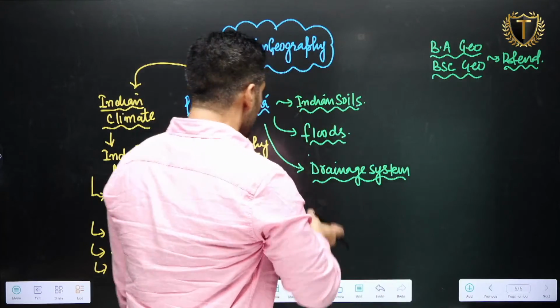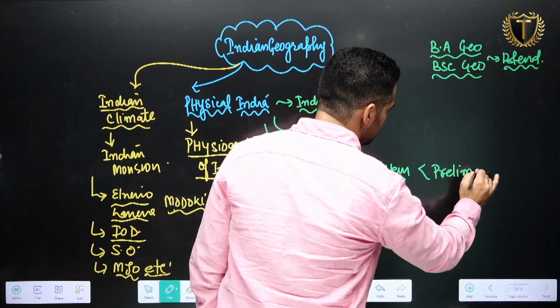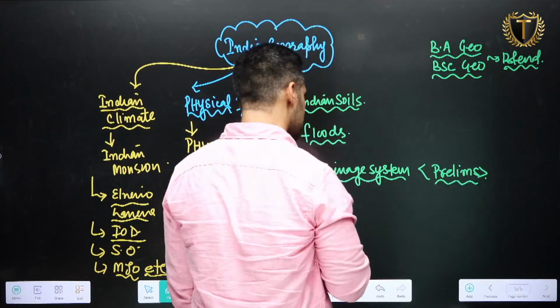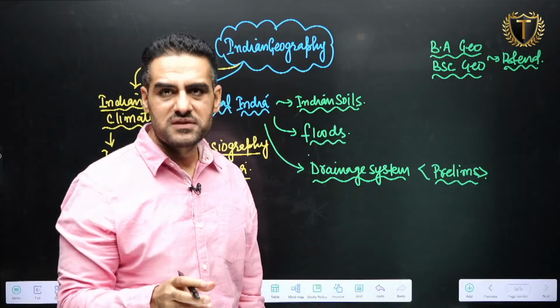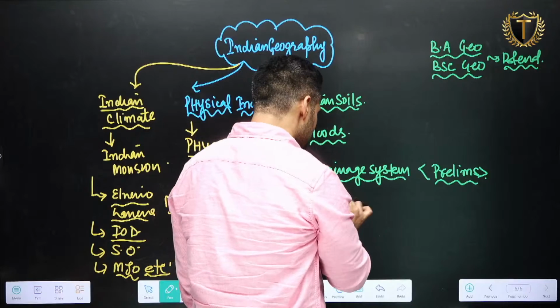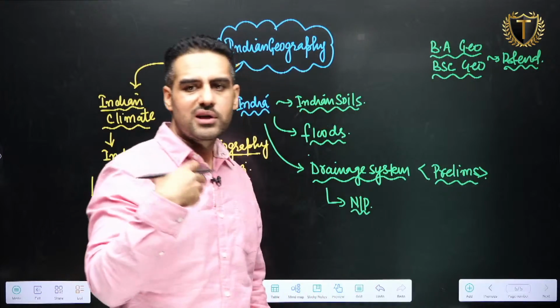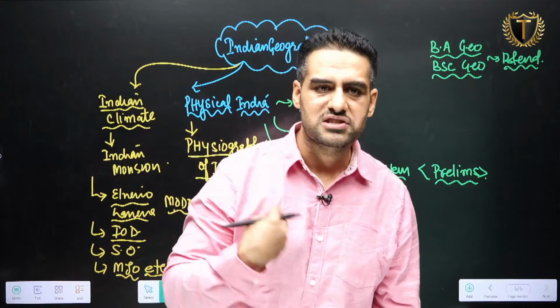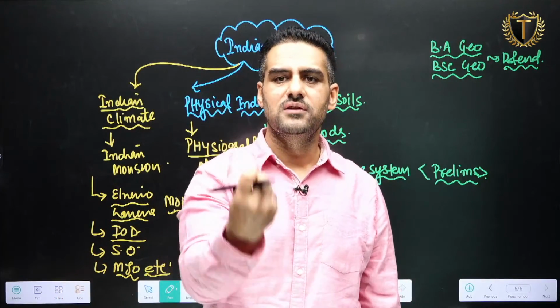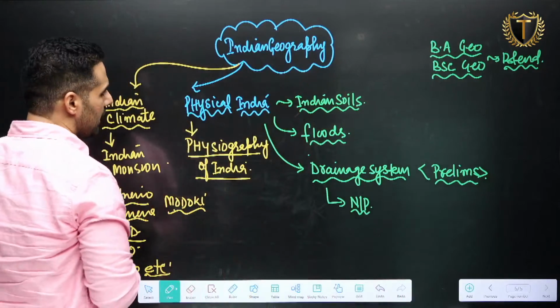नाउ ये ड्रेनेज सिस्टम प्रीलिम्स के लिए बहुत इंपॉर्टेंट है, हर साल क्वेश्चन आ ही जाता है. अब इसमें हमें क्या करना होता है, अपार्ट फ्रॉम द इंफॉर्मेशन विच इज गिवन इन आर बेसिक एनसीईआरटीज, आपको न्यूज़पेपर्स को रेगुलर पढ़ना है. कोई रिवर के बारे में कोई इंफॉर्मेशन है, कोई नेशनल पार्क से कोई रिवर जा रही है, किसी रिवर पे कोई नया प्रोजेक्ट आया है. इज दिस क्लियर? एंड आफ्टर दैट